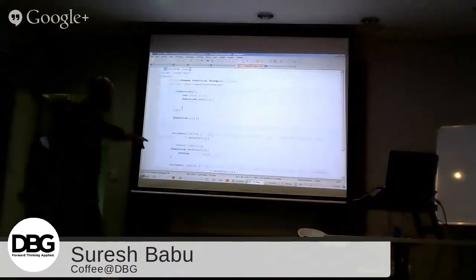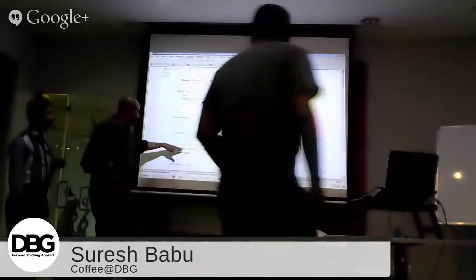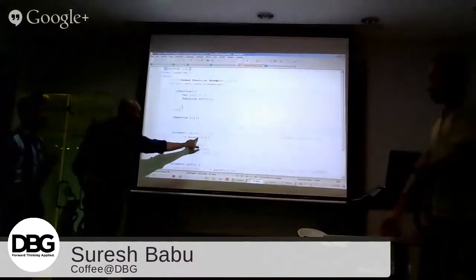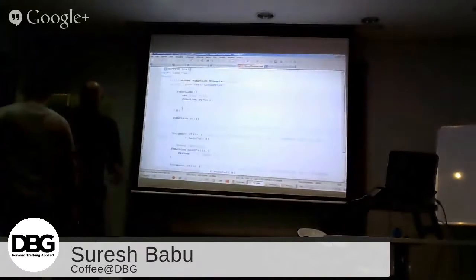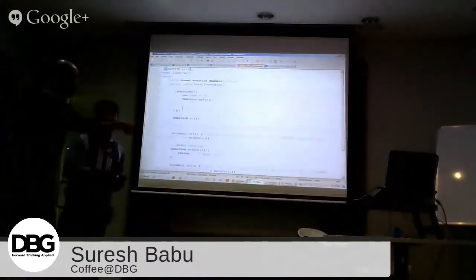Actually, this function, JavaScript can see this function. That's the default. But in the case of an anonymous function, JavaScript can see it only the next time.